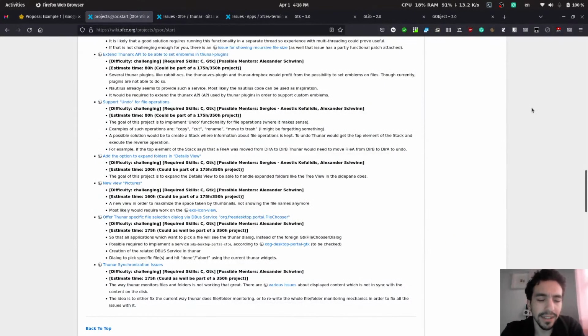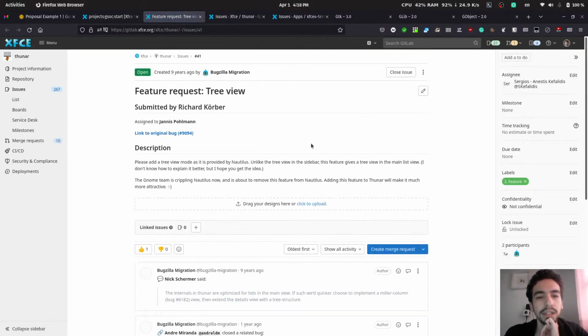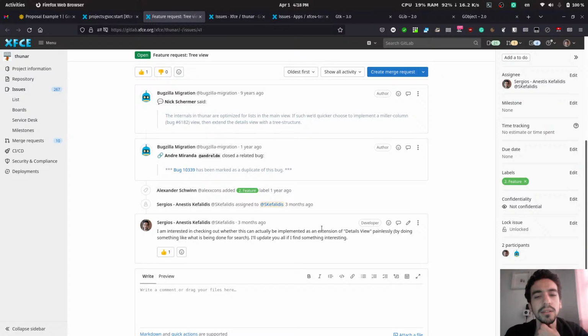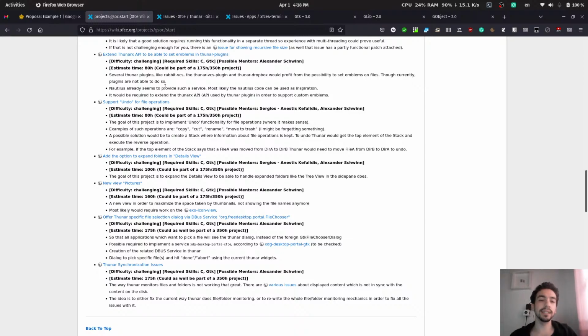About that, I think that I tried to look into it and see if we can do it by hacking the existing details view. There is an issue. You can open the issues and see things. They're pretty interesting. You might be able to do it by extending the details view, which is the existing class for this. You might need to rewrite the details view, so this is why this is a challenging project. The new view, the pictures view, you can see it at the issue. I don't have an example for it. And yes, Thunar